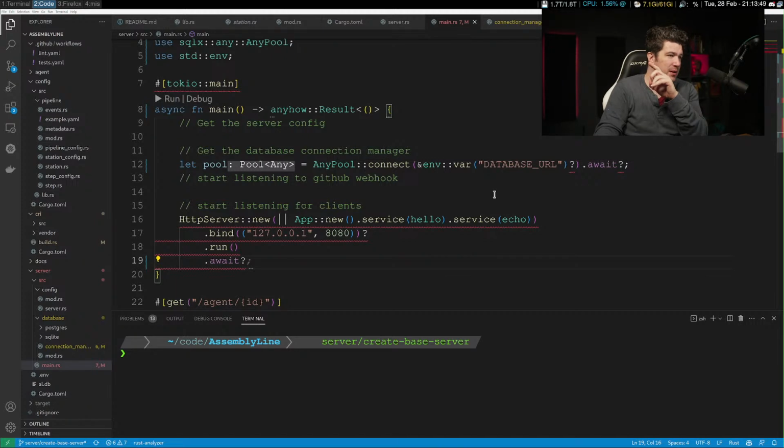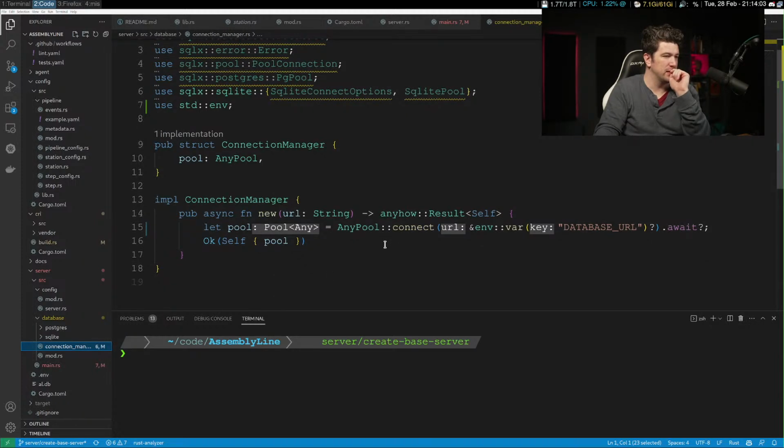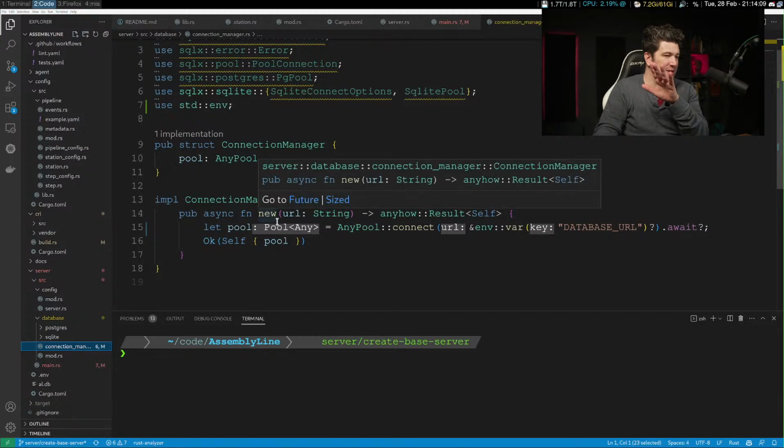Okay, actually, let me do. I had this. Maybe I'll just use the connection manager, and then this way it actually offloads.